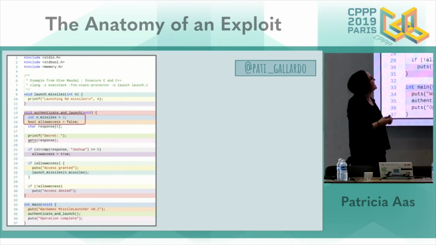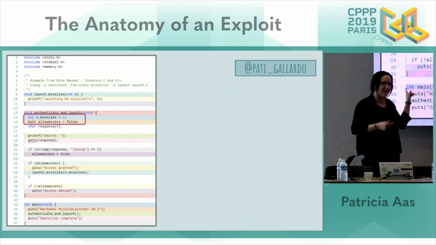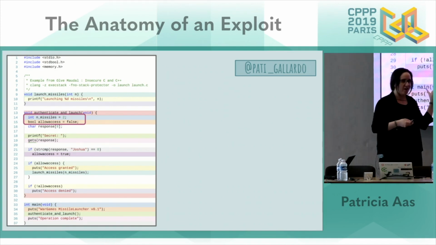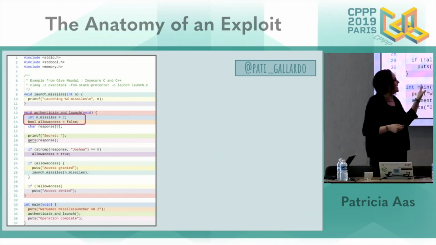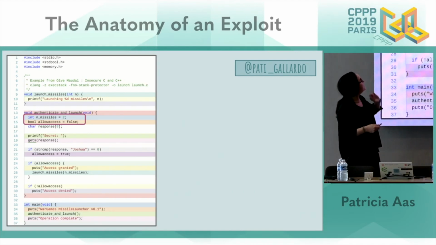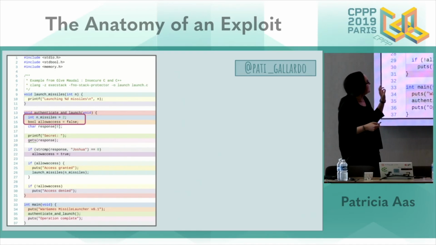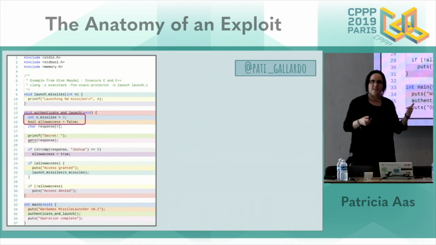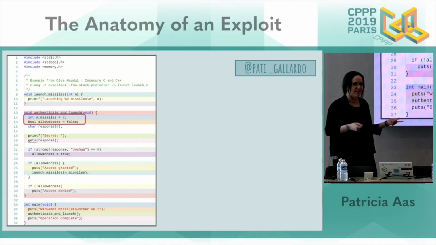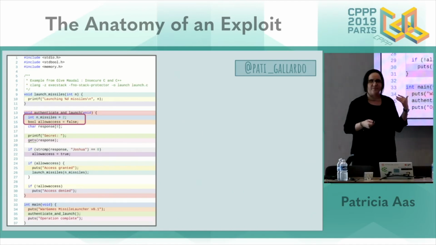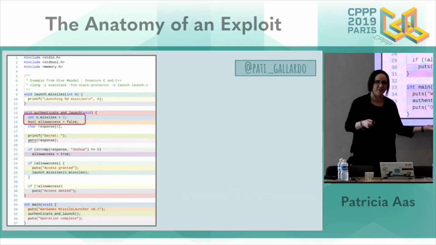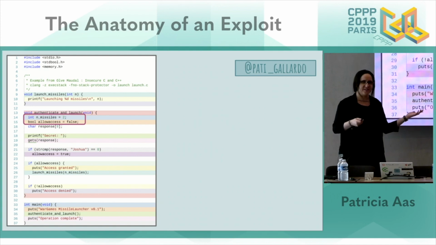But what you see is that in debug, these two stack variables here are on the stack. And they are also initialized. The end missiles is the number of missiles, and the allow access is initialized to false. And these are the ones that are going to decide how many missiles or whether or not we should launch the missiles. And so when we are overwriting the response buffer, we're hoping to maybe be able to overwrite these two stack variables. But nothing seemed to happen.